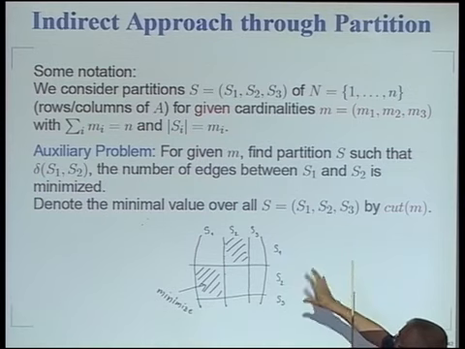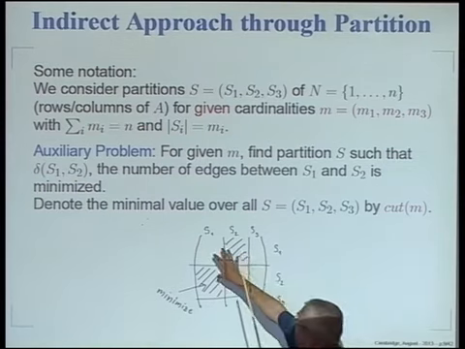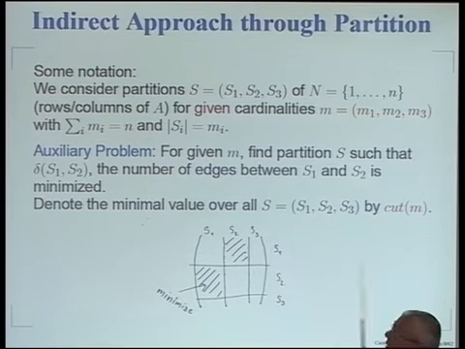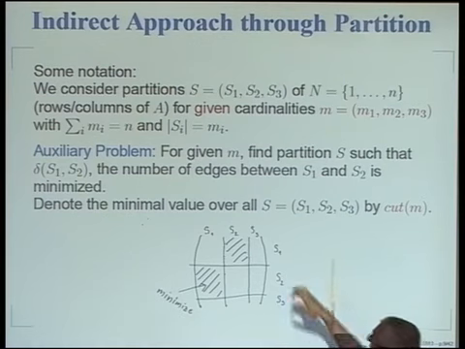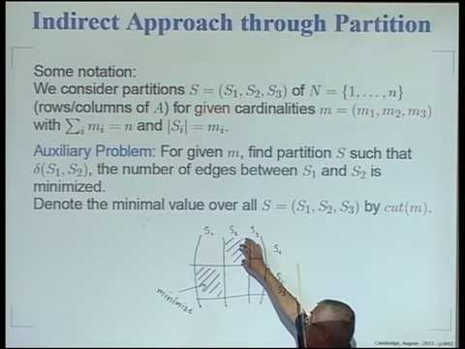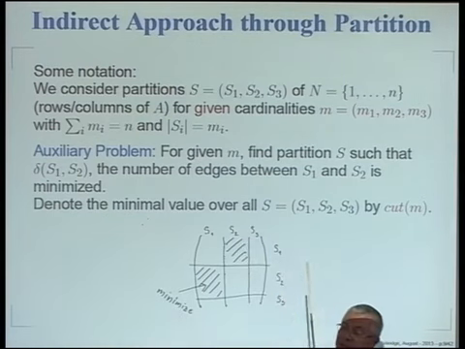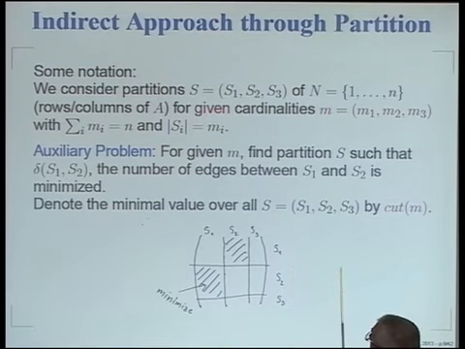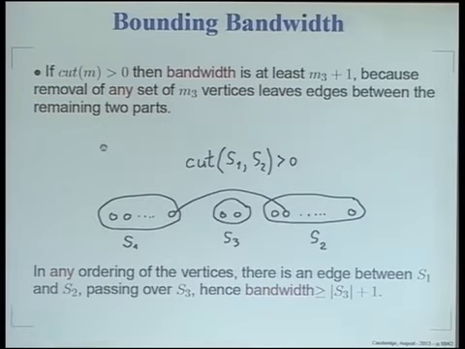I would like to consider all possible partitions into 3 sets of the given cardinalities, and I would like to do it in such a way that the number of edges joining S1 and S2 is minimized. I call this the min-cut problem, and I denote the optimum by cut of M, because it's specified by the cardinalities in this vector M. Now suppose I can compute cut,